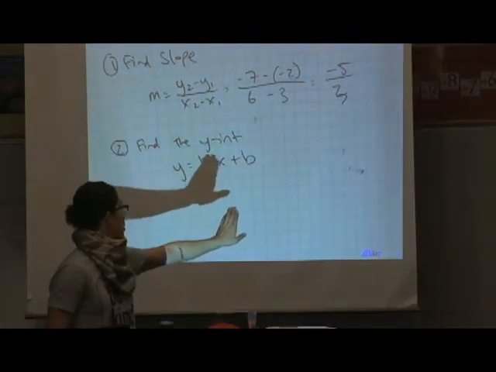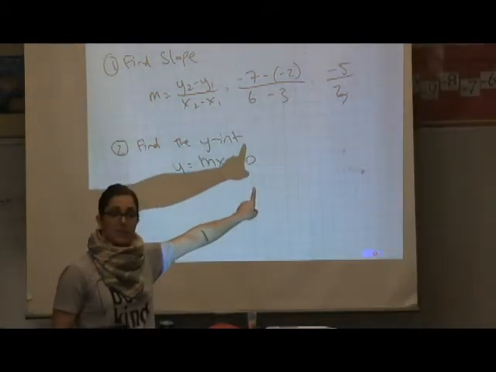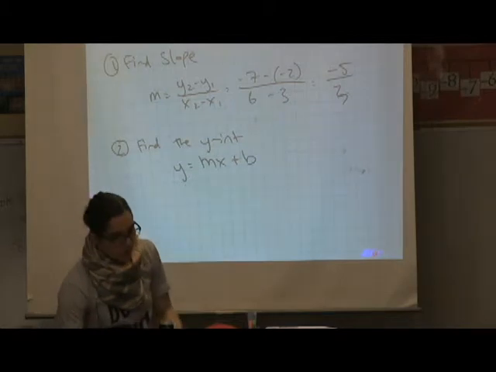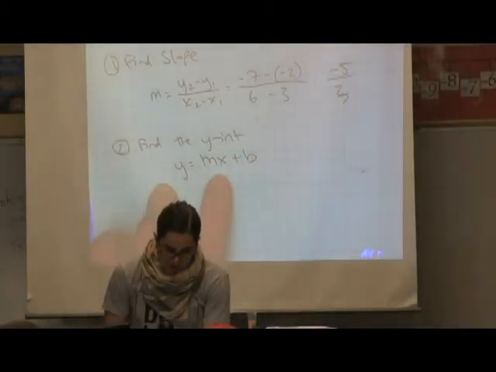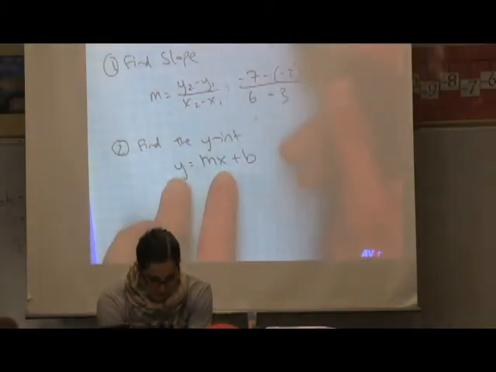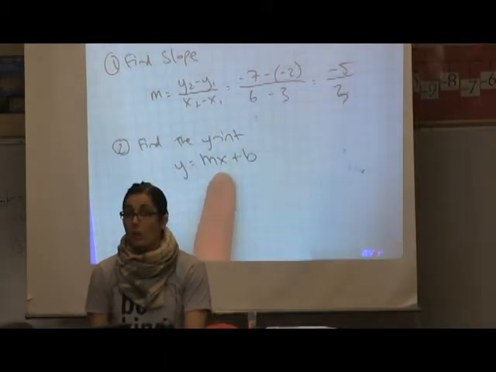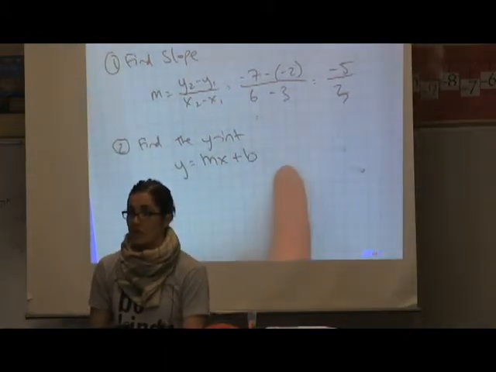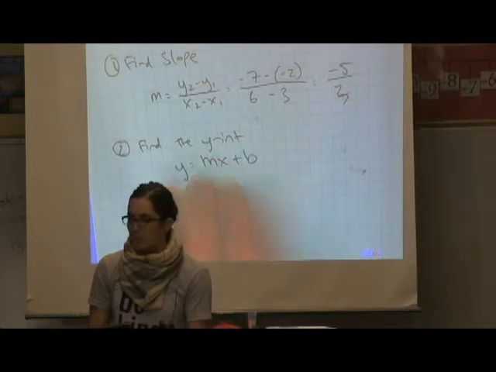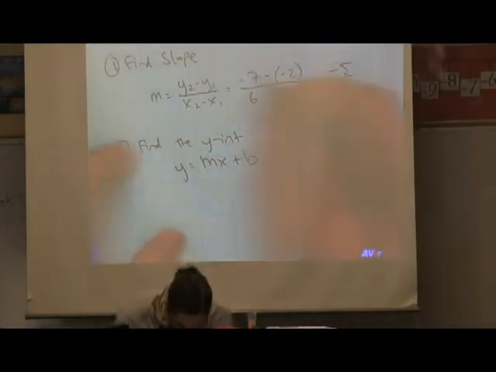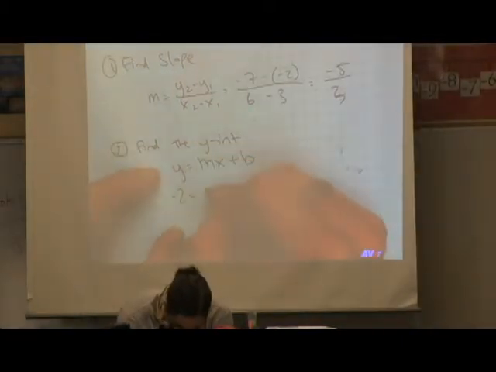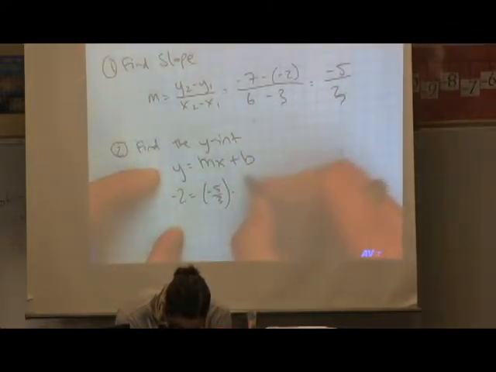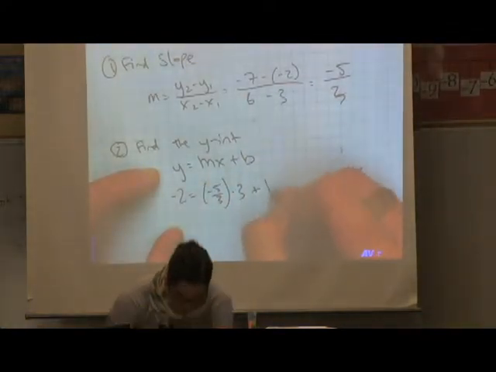Okay, I know the slope. I need to find the y-intercept. The y-intercept is what I am solving for. I'm going to take my x and my y, and I'm going to plug it in to help me find the y-intercept. Normally, I would not plug it in, right? Normally, my equation wouldn't look like that. But I'm going to do that today. So I have negative 2 equals negative 5/3, which was my slope, times x, which was 3, plus some sort of b